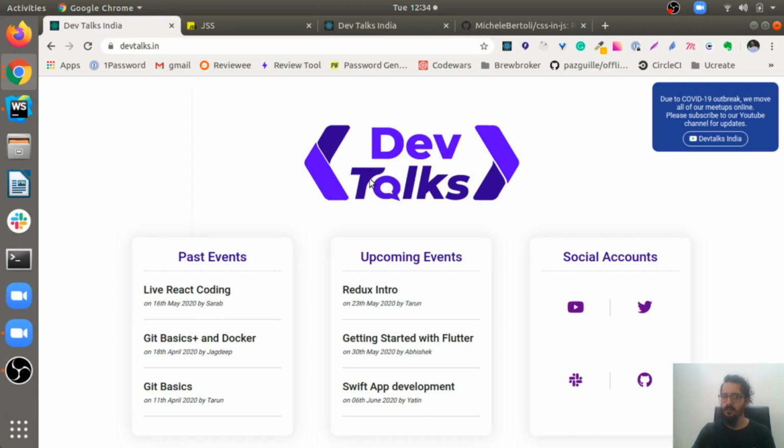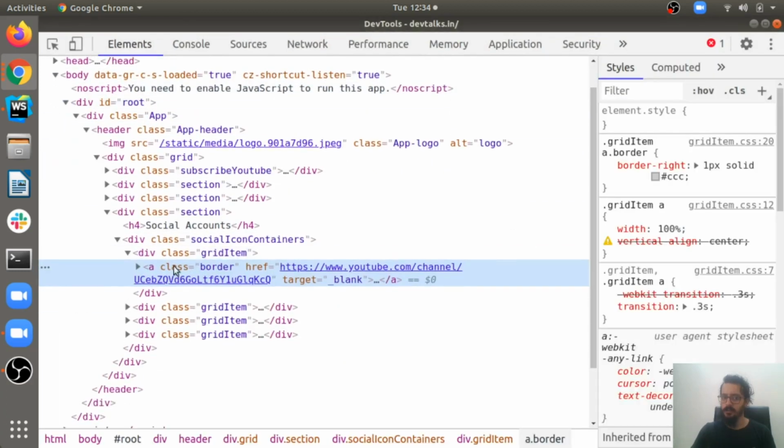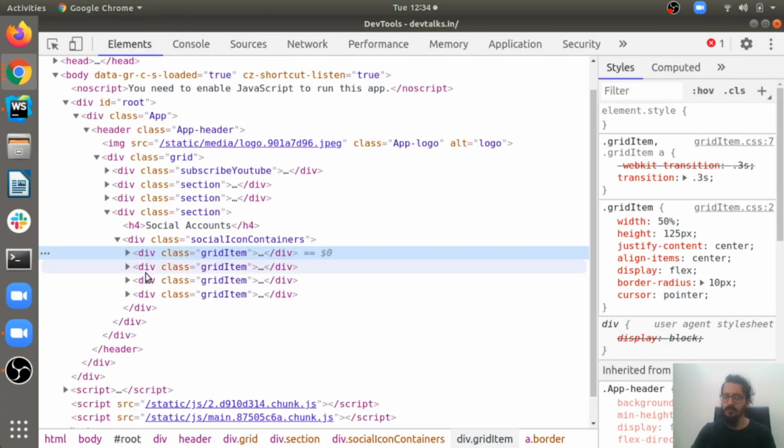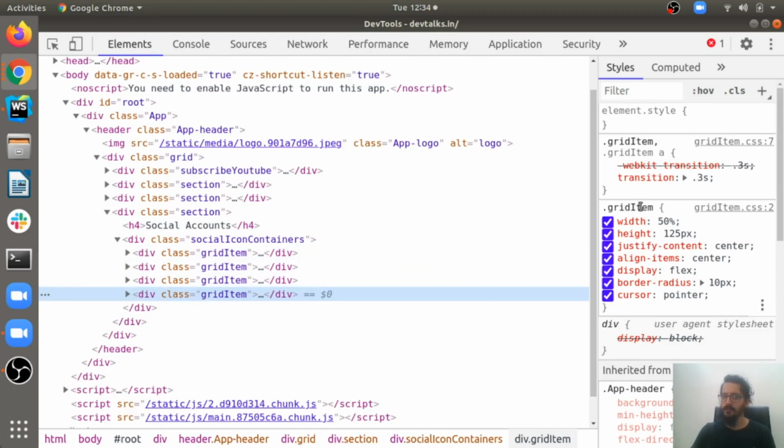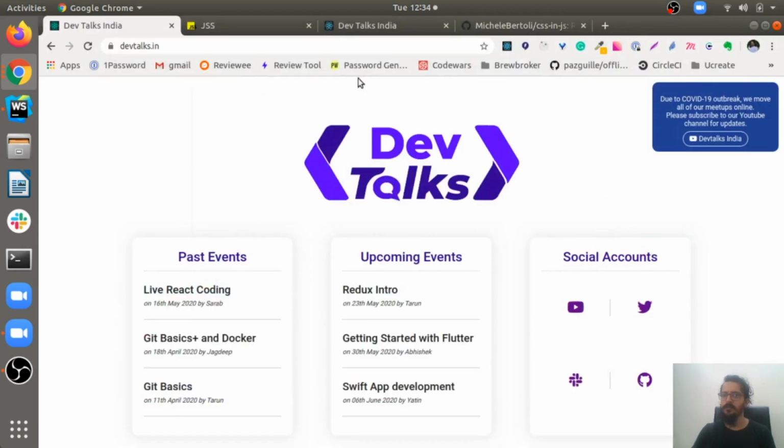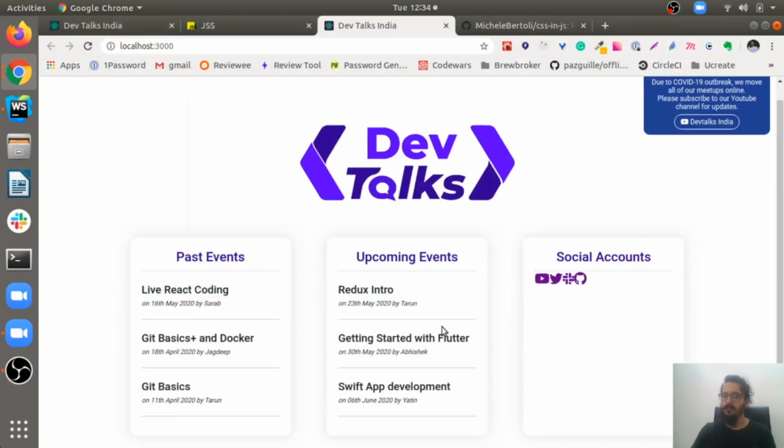Let's see how gridItem looks. These four are gridItem components. Let's inspect that and see. These are the four divs which have that gridItem class, and they have their corresponding CSS coming from the gridItem.css file.